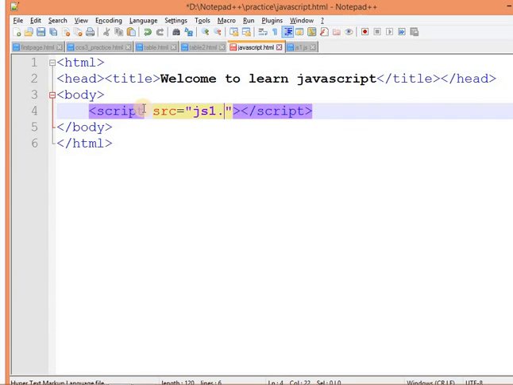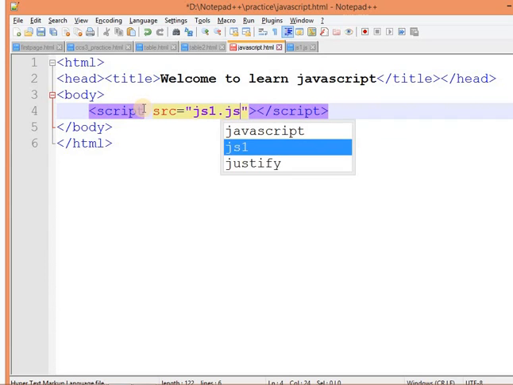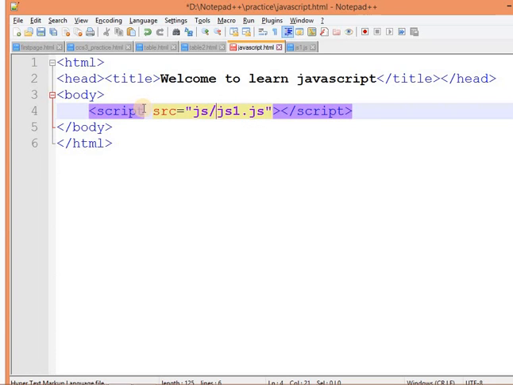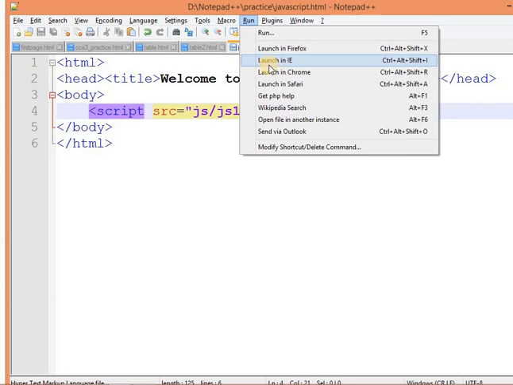Be careful, you have to mention the extension also, that is js1.js, but this file is not with this HTML file, it is in a different folder, that is JS. That's why I have to use the proper path, so it is js/js1.js. Just save this and run it.